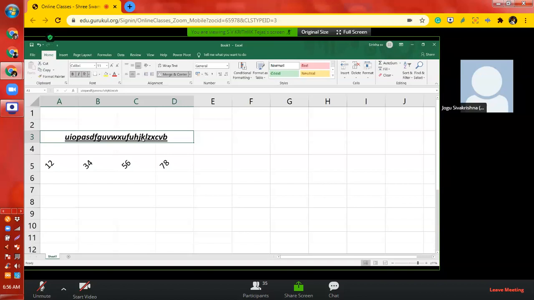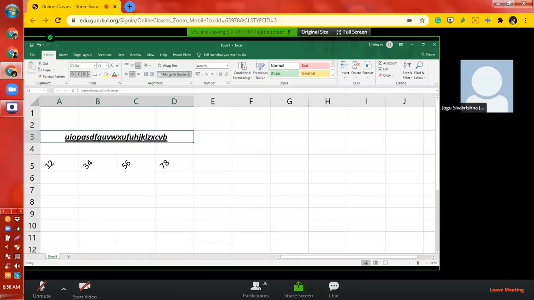And changing the font style and font size, you know that. Also in the same font group, font changing and font size changing are there. Calibri you can see there, and 11 you can see there. You can change it if you want to.